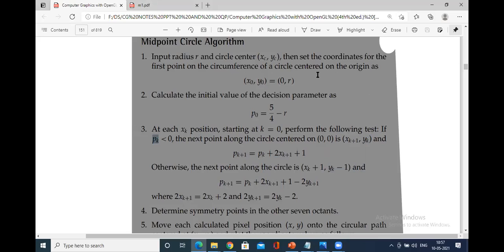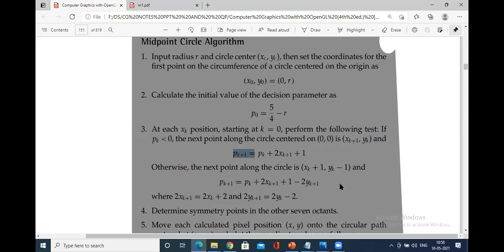Try to understand, those who still have confusion. In the Bresenham circle drawing algorithm, first the radius is given. Once the radius is given, you have to fix the first point. My first point will be 0 comma r, right? Based on that, what will be the first decision parameter? P naught, that is 1 minus r, because I'm going to solve the problem in 2 minutes. Once this p naught value is less than 0, p naught is the first pk value. It is less than 0, which means I'll simply retain the yk value and I'll find the next pk value using this formula.